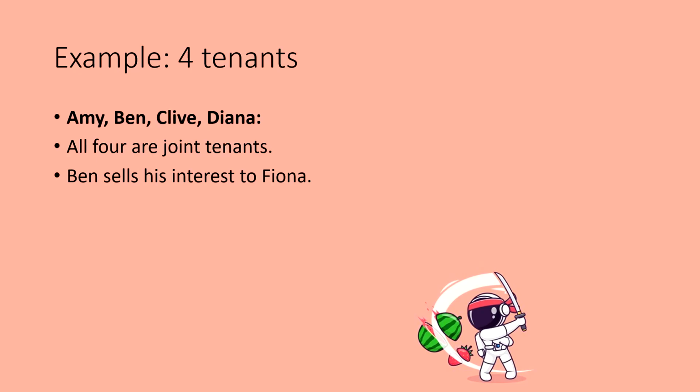And as before, the selling of the interest immediately severs the tenancy. But the difference now is that only Fiona, the purchaser, is now seen as a tenant in common who's got a divided, specific share, and who can also give their share to another person in their will. So Fiona now owns 1/4 of the property as a tenant in common,